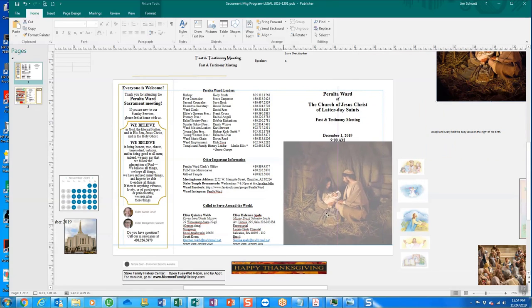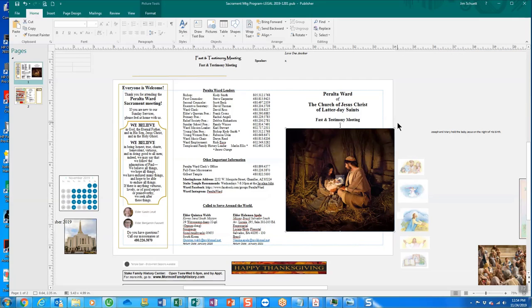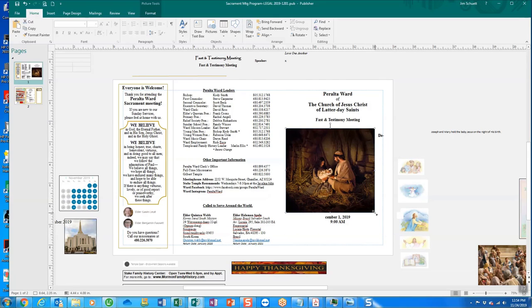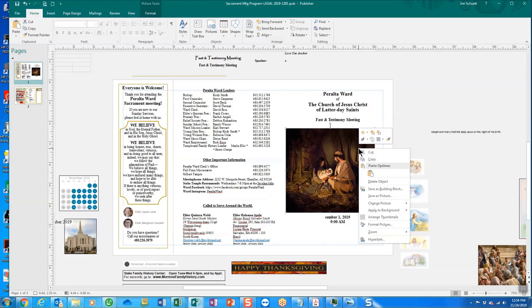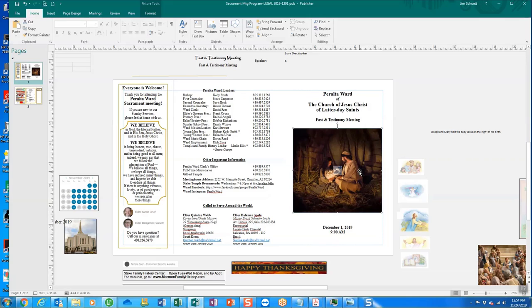I'm going to also shrink it to get it on here. Now the picture will move the rest of that down. Okay. When I right click and I do the wrap on this, I do top and bottom. That means no type goes to the sides, it just goes here or at the bottom. Now I can center this,